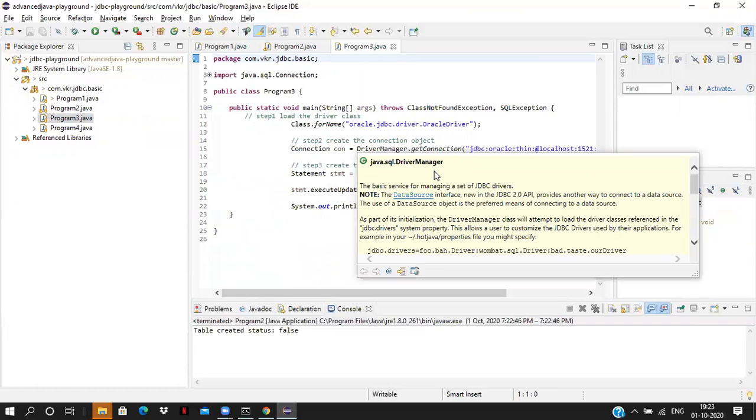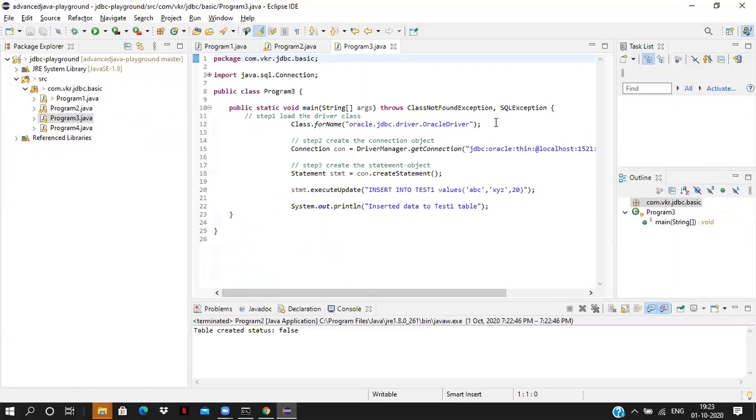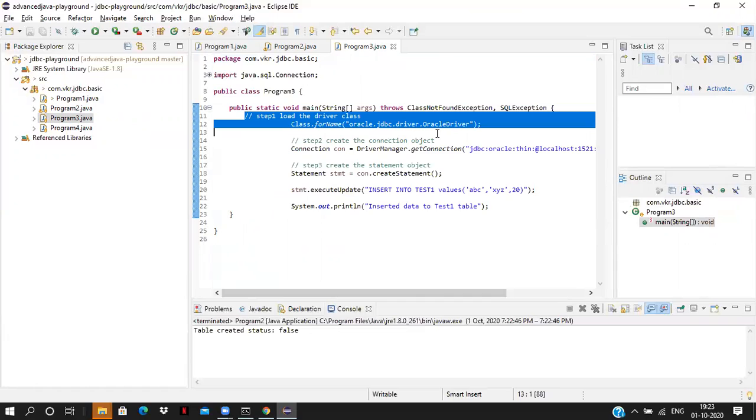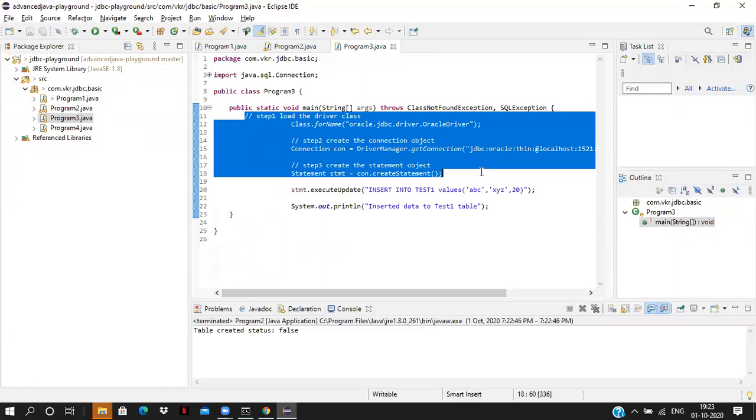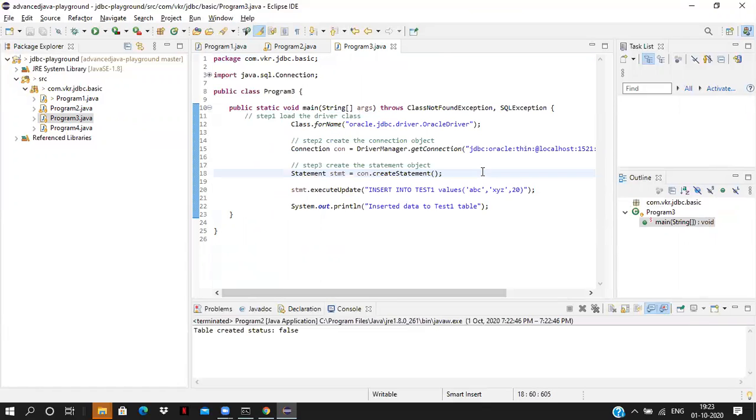Now how to insert data into the table. Using the same Java program, we have the main method, Class.forName to register the driver class, creating the connection object, creating the statement object. For inserting data, we have the executeUpdate method. For creating a table or dropping a table, we have the execute method. For reading the data, executeQuery. We have to remember the methods of Statement, but remaining everything is the same.